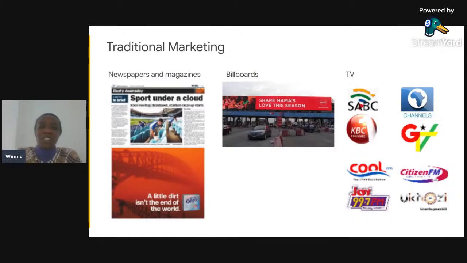Once your car approached close to it, it was able to know the model of your car, whether you are a he or she, and it would talk to you. That is how billboards are trying to transition from the normal billboards.